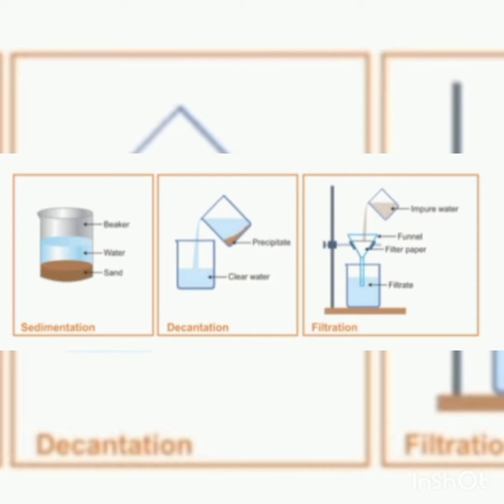Basically, these processes are used to separate insoluble solids from a liquid, or insoluble impurities which are present in the liquids. There are two types of impurities, soluble in the liquid and insoluble. Soluble ones, like salt and sugar, dissolve in liquid. Insoluble ones are like sand. So this process is useful for separating insoluble solids from liquid. Today we will start this topic, sedimentation and decantation.